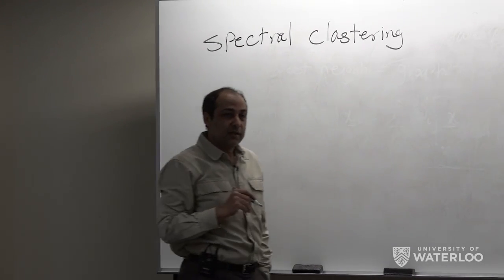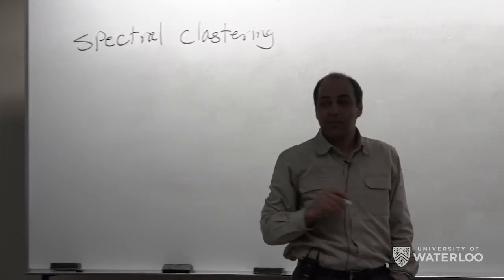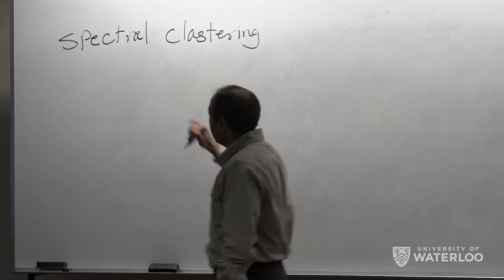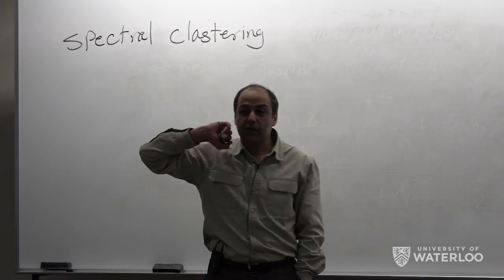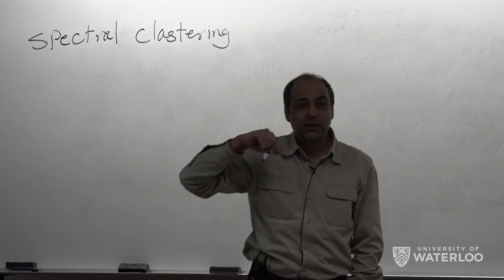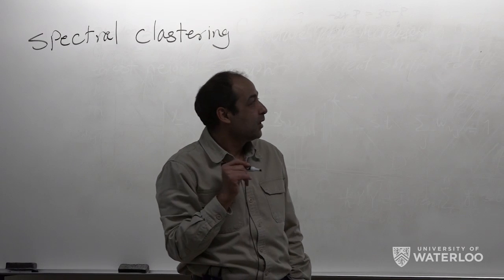It's not dimensionality reduction, it's a clustering method. We get back to dimensionality reduction again, but I introduced spectral clustering first because it has a very close connection to a dimensionality reduction method called